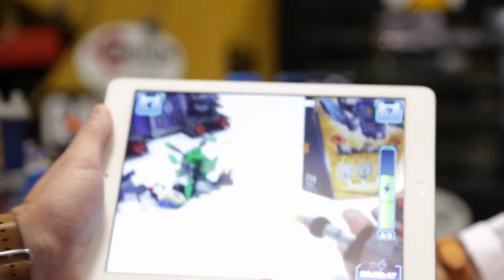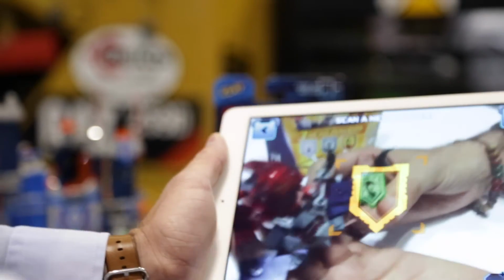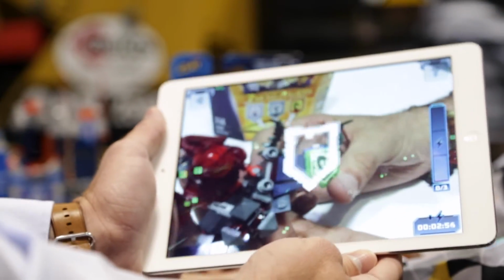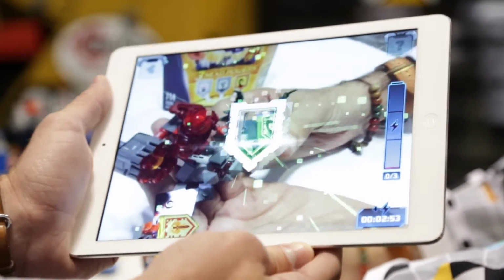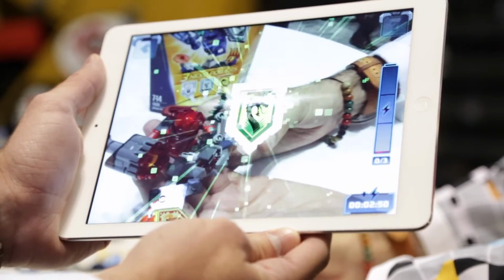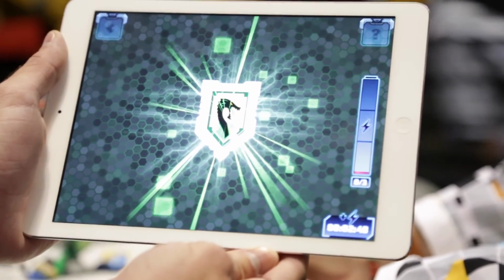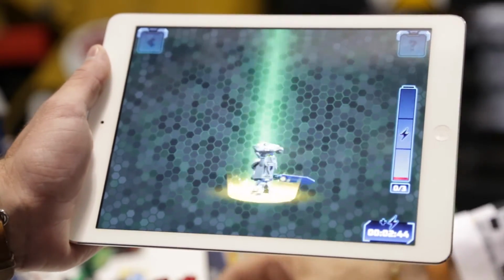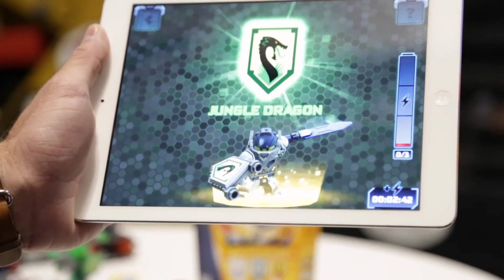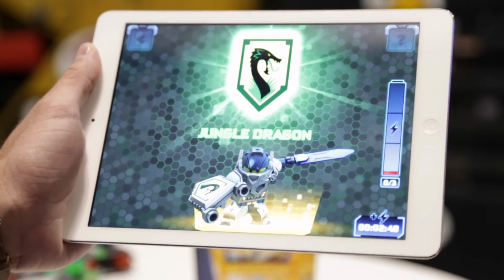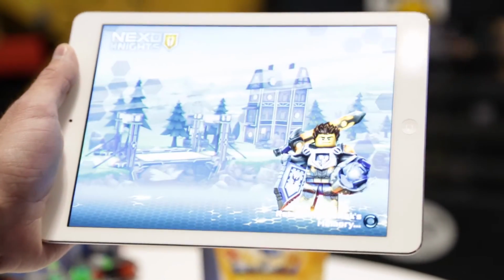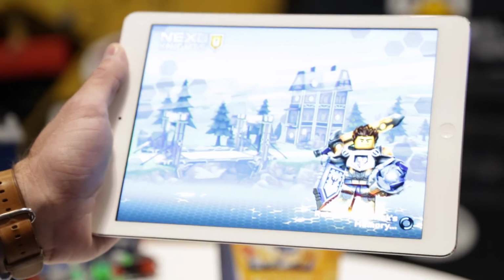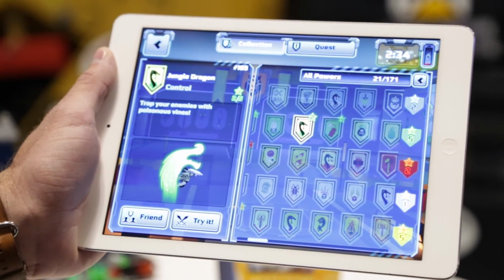So I'm going to come in and look for scan here. As I get in close, I scan the shield and I'm going to get a power-up. In this case, it looks like it's a dragon power. So my Nexo Knight is powered up with Jungle Dragon, and next time I go into battle, I can deploy that superpower to defeat the enemies faster. You can actually, what you would end up doing